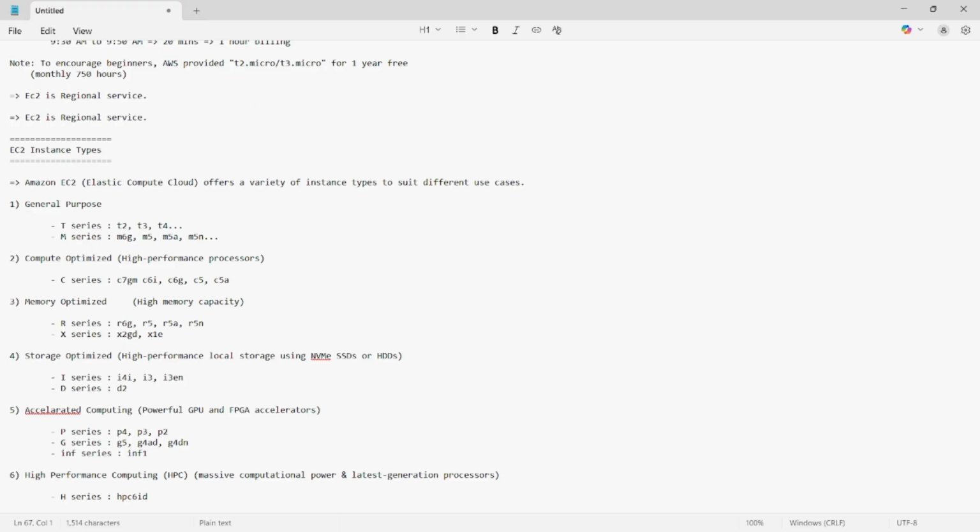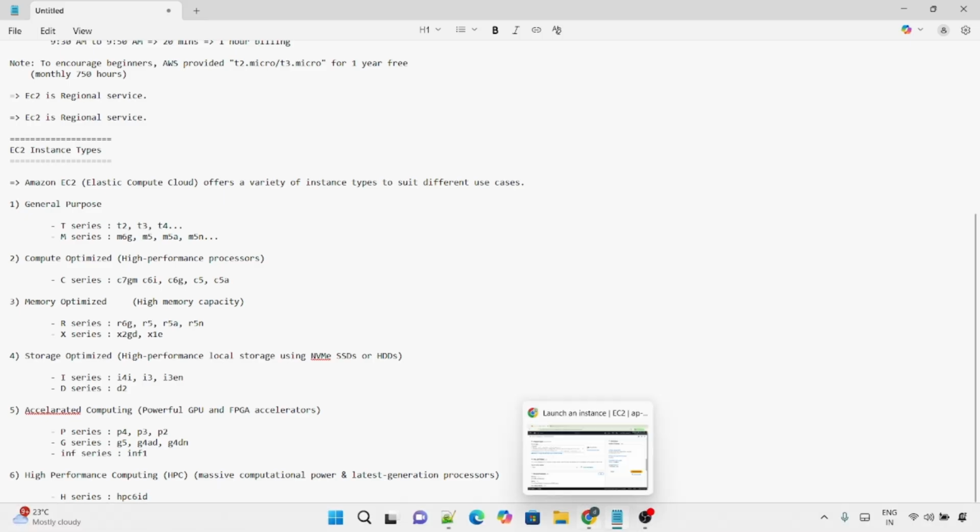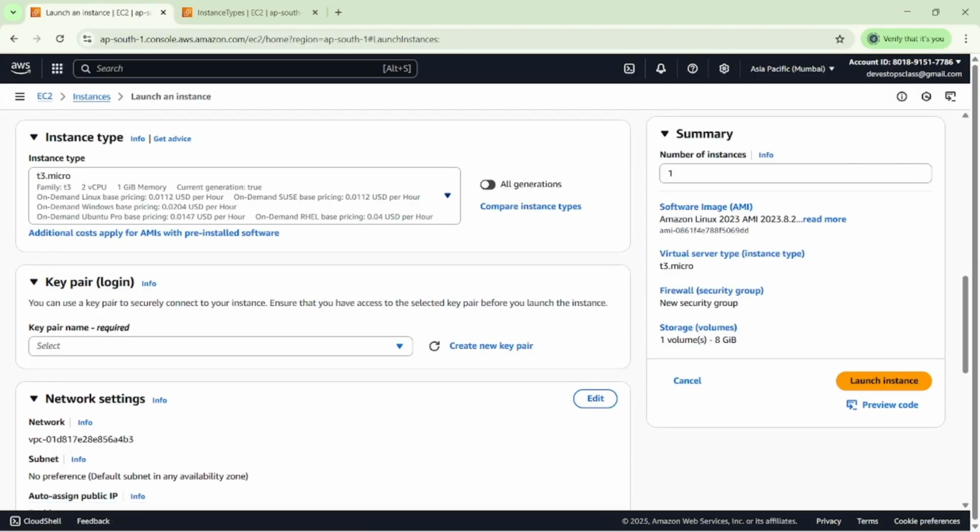Then whenever we talked about the general purpose series, we have the T and M series. In the T and M series, you can see the configuration in your AWS account. Suppose this is the T series. In this T series, what is here? 1 GB memory. Then current generation is true, because whenever we talked about the generations of processors also, the current generation is true. Then the on demand Linux price will be generated, sorry,